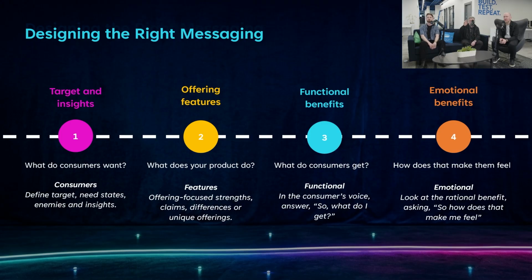And then for me, this is a really important bit, and almost these three and four sit in parallel, really. But think about the functional benefits. And if you ever want to get your head around a functional benefit, just look at any advertising from Procter and Gamble over the last God knows how many years, where, to demonstrate that the paper towel is strong when it's wet, you make a wet paper towel and you lift something heavy up with it. You spell out the functional benefits, but then you should always have the emotional benefit.